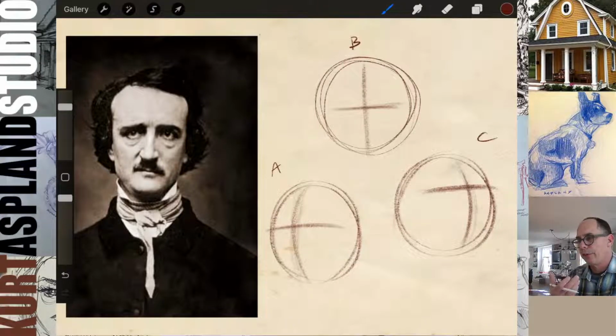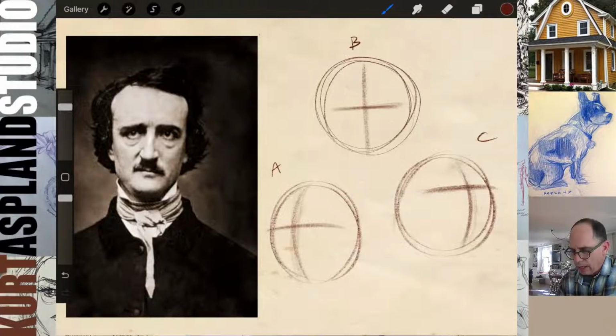So we get a sphere, we find the center line, and if you want to jot these little notes down, this is one way that really helped me to learn drawing a portrait. I came up with my own personal steps, and then I just kept repeating those over and over and over again. I would write them down on a little post-it note and put them right next to my pad, and then I would just follow those steps. So next thing you have the